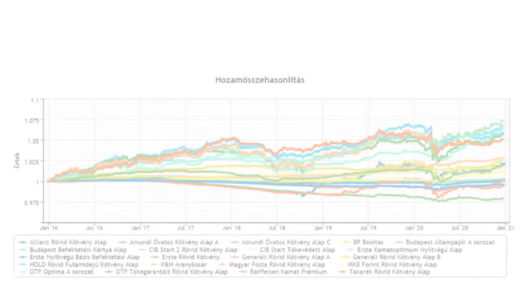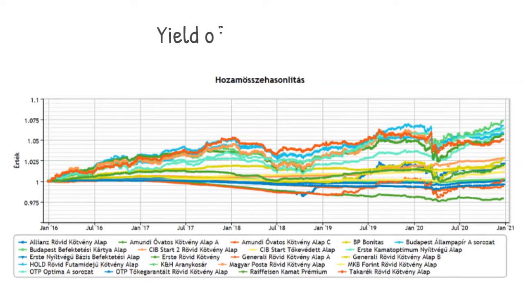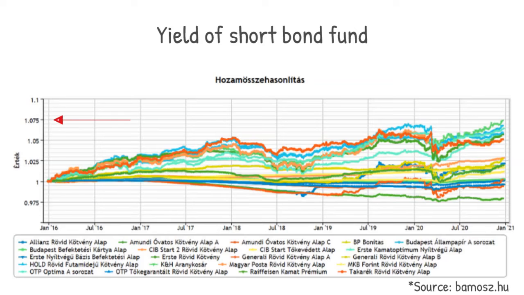Now that we're on the subject of exchange rate volatility, let's look at the bond fund's yield. In terms of yields, let's look at the difference between a short bond fund and a long bond fund. As I mentioned before, the short bond fund contains assets with a maximum maturity of 3 years, its risk level is lower than the long bond fund and the level of return is accordingly adjusted. On a forint basis, their typical yield fluctuates around 1% per annum, but you can get higher yields, for example on a euro basis. The majority of them are definitely a better solution than bank deposits.